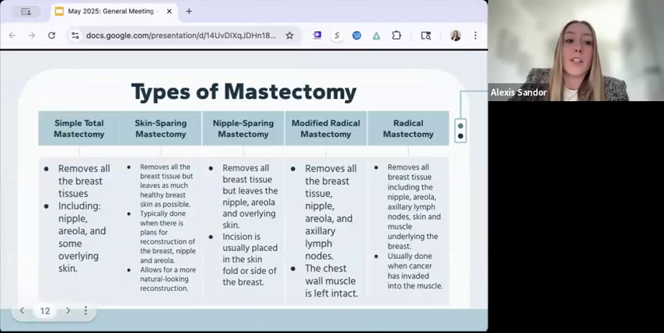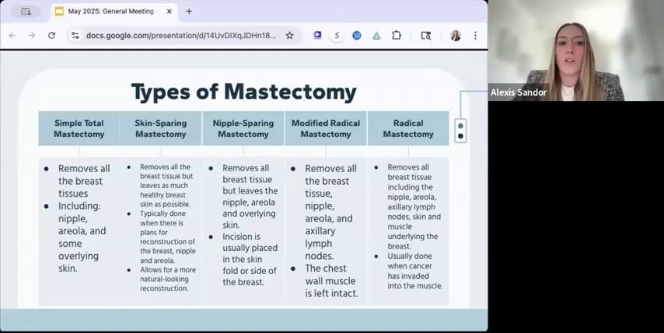So before diving into axillary treatment, let's just revisit the different types of mastectomy. So there's a simple or total mastectomy, which removes all breast tissue, nipple, areola, and some overlying skin. The skin sparing, which preserves as much healthy skin as possible. And this is the type that I've been seeing the most commonly. I'm currently on a breast surgery rotation, and it's ideal for reconstruction, which a lot of women tend to decide